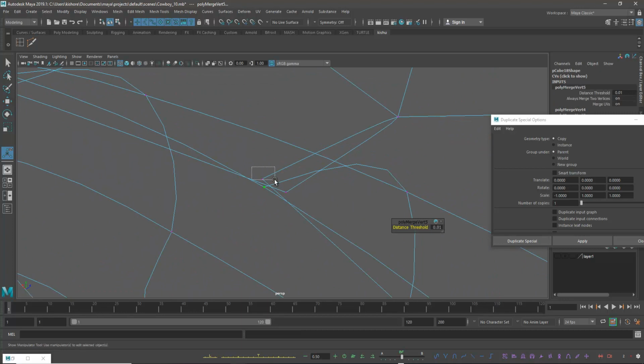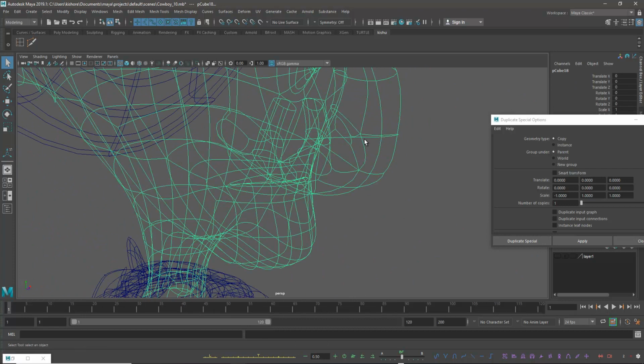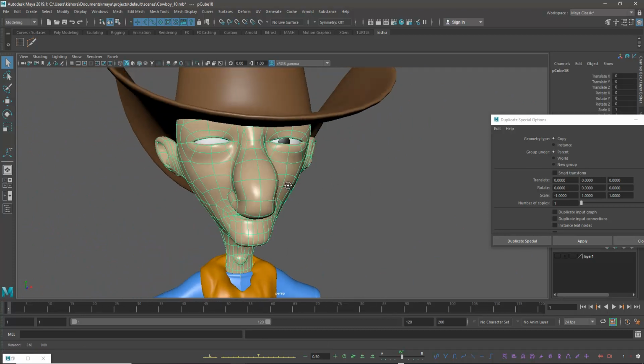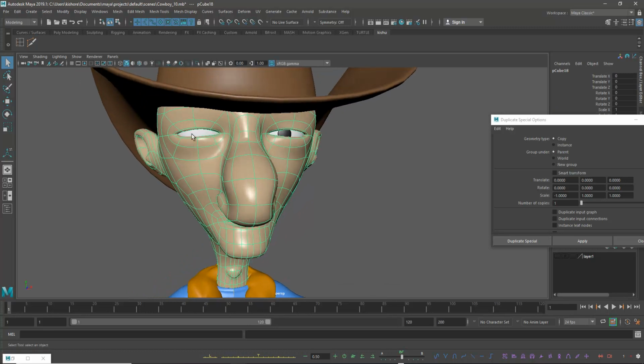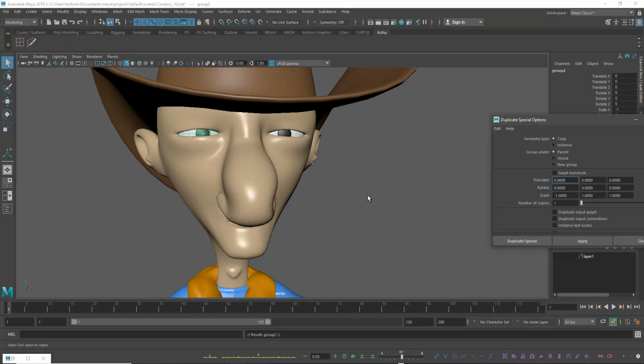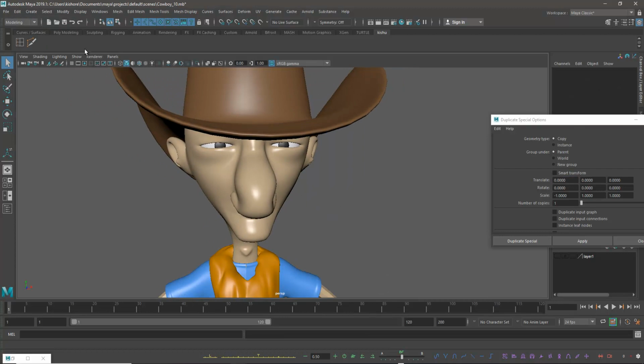G and G5. So check it out. It's better to isolate when you're doing this. Delete this one, Control G, duplicate special, just apply it.